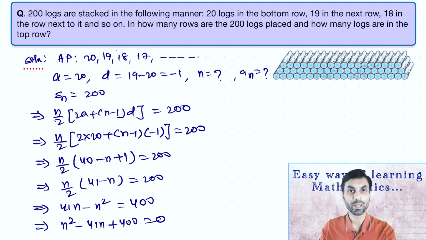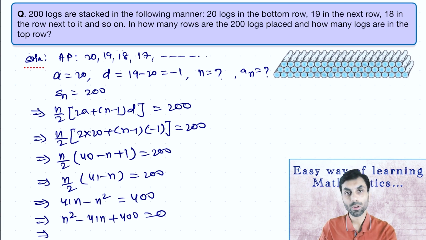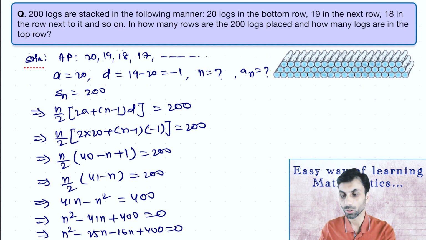Now we'll use splitting the middle term in order to factorize and find the value of n. So here, if you factorize 400, we can split it as 25 and 16, whose product is 400 and sum is 41. So it will be n square minus 25n minus 16n plus 400 equals 0,